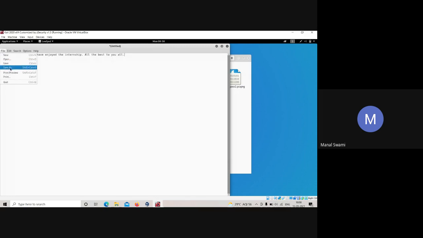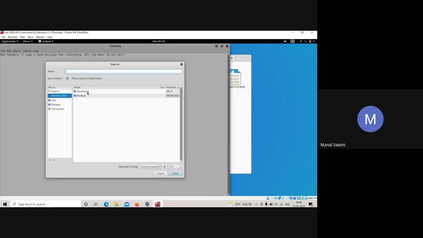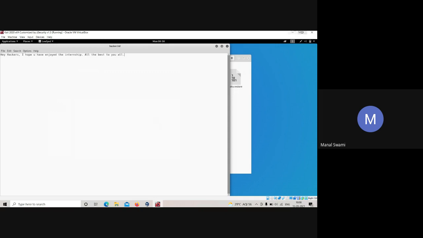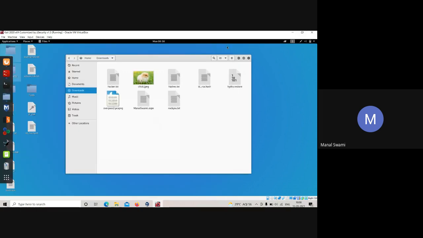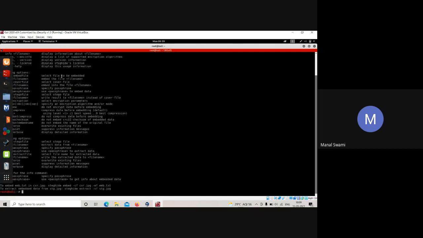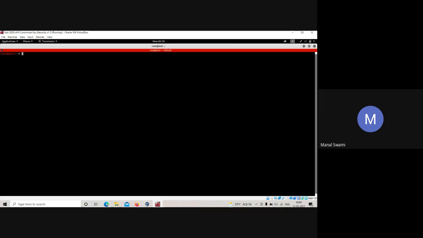I'll save it in the downloads folder only, as hacker.txt. See, I've got the hacker.txt over here. That means this is my data which I want to hide, and this is my target file where I want to hide the data. So I'll clear the screen and then navigate to downloads.